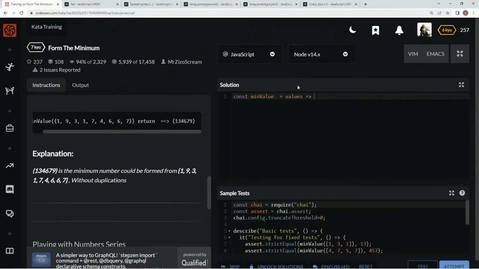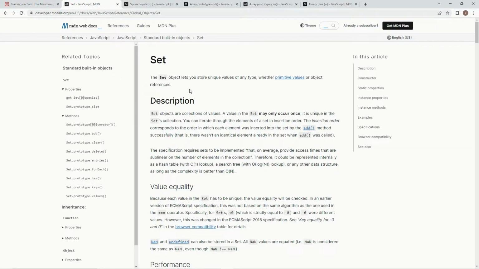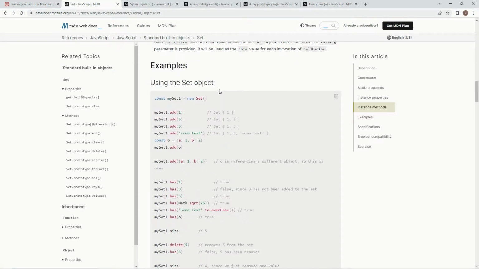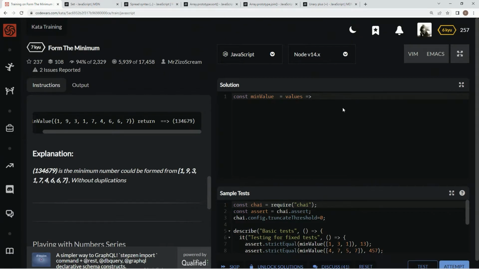So on this one, we're going to start by making this a set. If you don't know what a set is, the Set object lets us store unique values of any type, whether primitive values or object references. The main idea of a set is a value in the set may only occur once. It is unique in the set's collection. Let me also show the syntax we're going to use. We're going to use new Set, because that's how you make a new set. So we're going to say new Set, and inside the set we're going to have values,